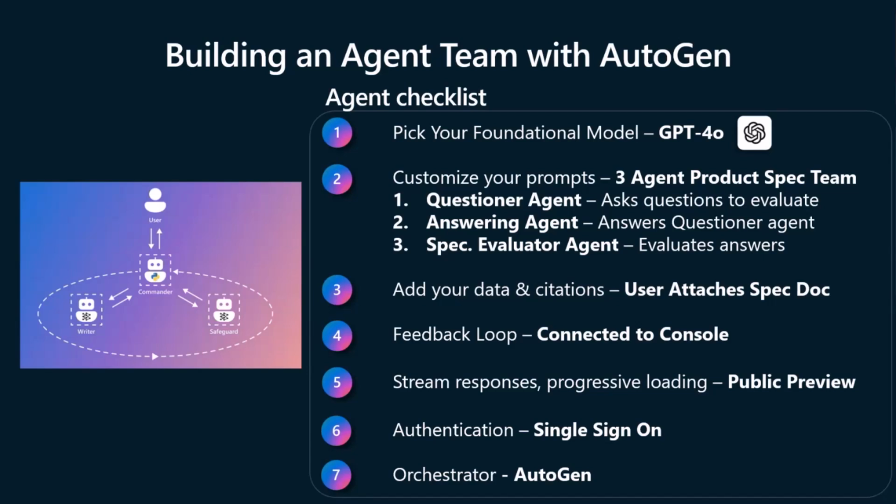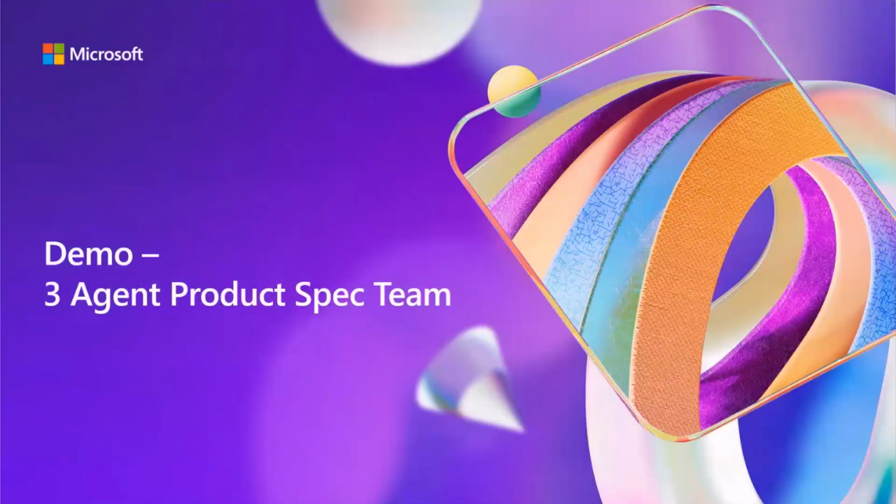So today we're going to use GPT-4o straight from OpenAI instead of Azure AI Foundry, because the Teams AI library grants that flexibility. Instead of utilizing RAG by preloading our files, we're going to enable the Teams attachment downloader so that the user can just attach their spec to a message and then have the agent team evaluate it. So let's dive into it.